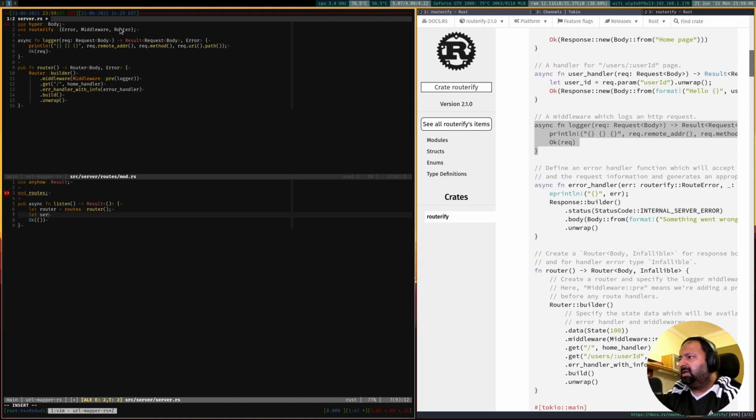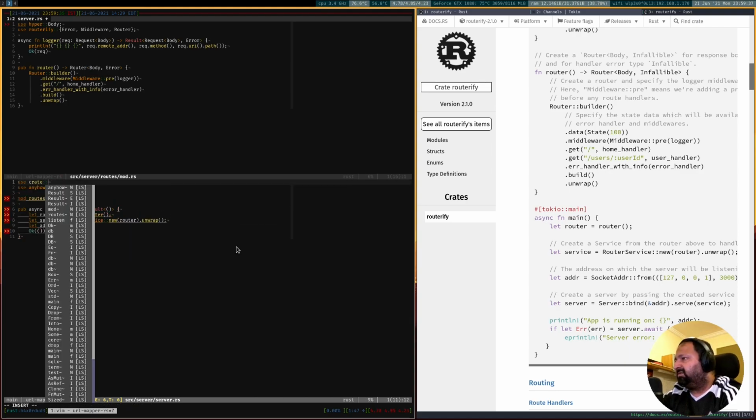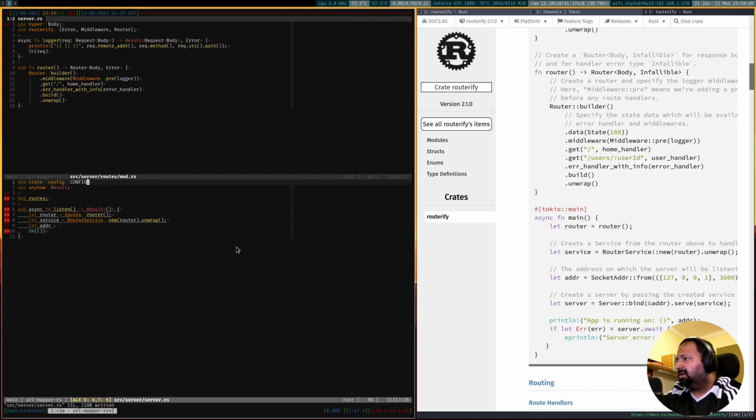The service is going to basically encapsulate the routes. You don't need to await, just unwrap. Okay, and then we'll have the address. Now instead of using socket address from and things like that, first obviously I want to import my configs. Then what I'm going to make use of is the parse function, and what that allows me to do is